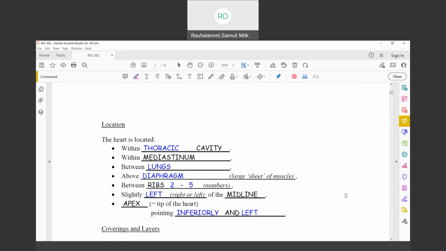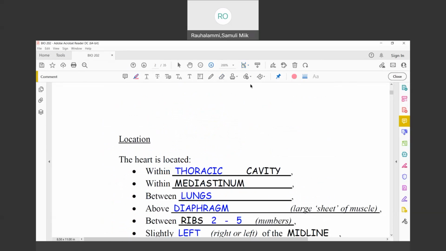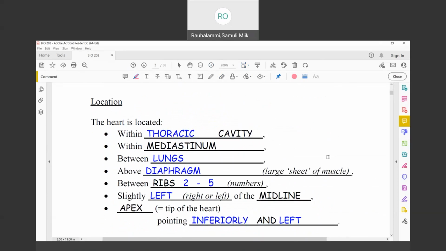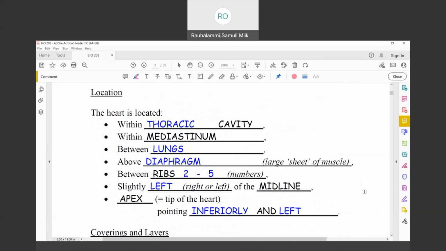We also discussed a little bit about the location of the heart, and this would make a really good question in the exam. I think there's a lot that we could ask about that. You remember we practiced some of that terminology that you're already familiar with. So rather than talking about the chest cavity, we said the heart is located within the thoracic cavity, within the mediastinal place, between the